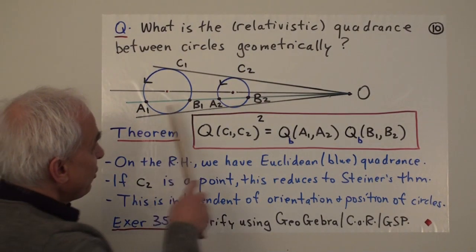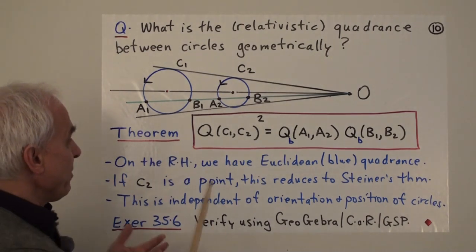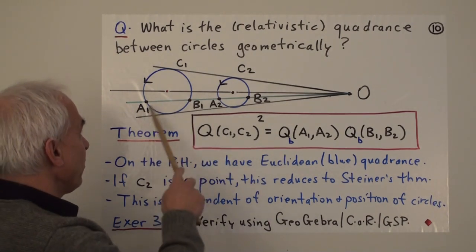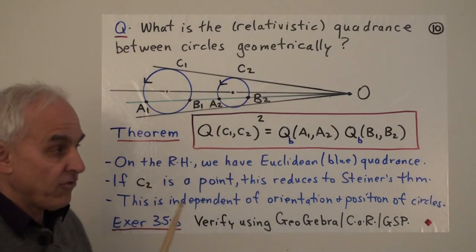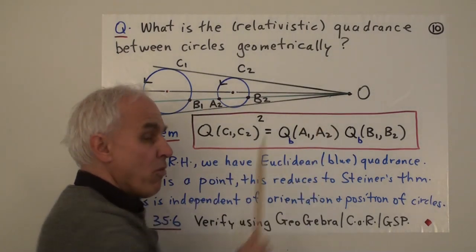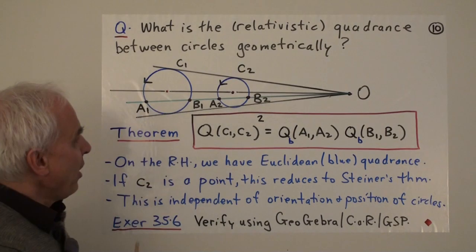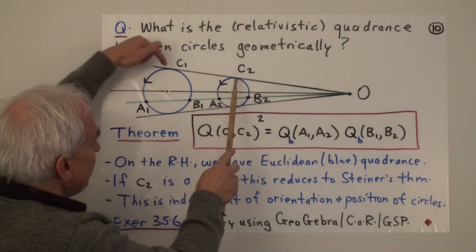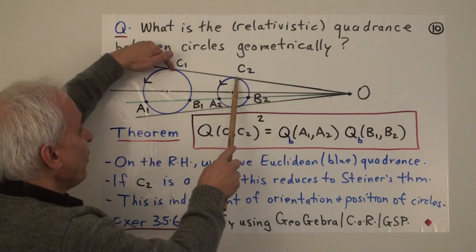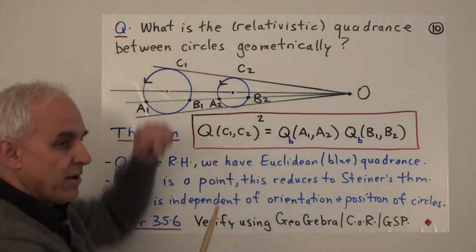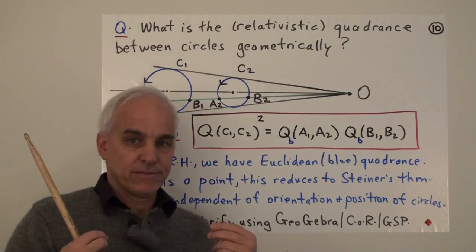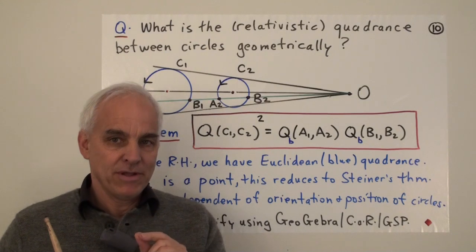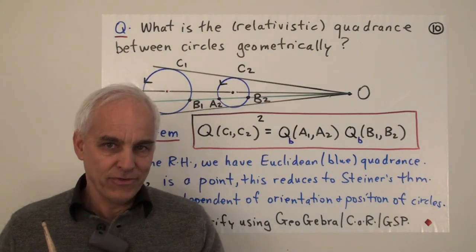And I'm going to show it to you in this case here because it's familiar, but in fact it's a very general fact. So here are two sine circles, C1 and C2, and we've seen that they have a unique homothetic center. So in this case, there's a common tangent, and we were thinking about the quadrance of the circles as being the Euclidean quadrance between the common tangent points. But there's another way, a more flexible way of thinking about what this relativistic quadrance is.